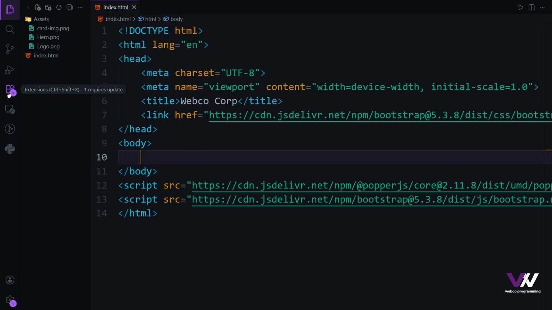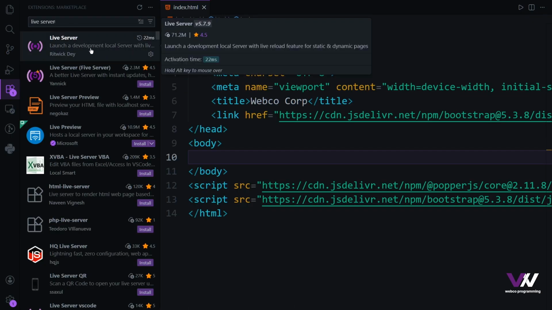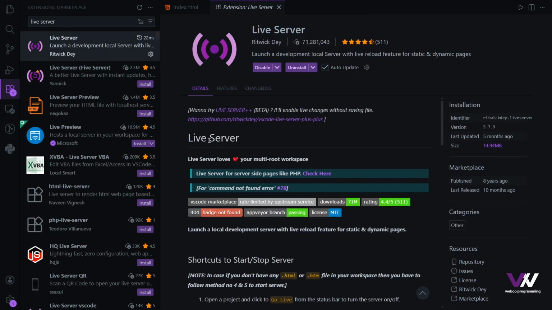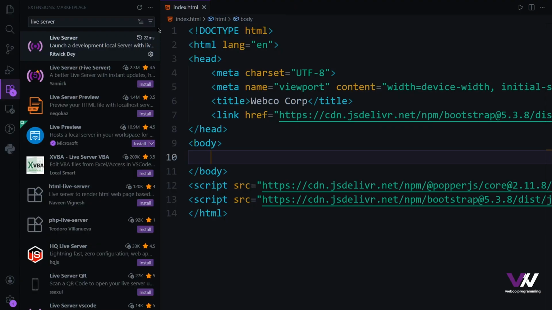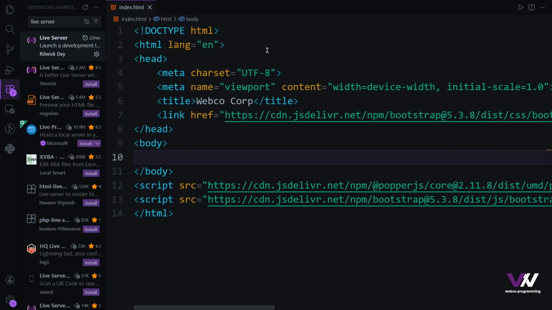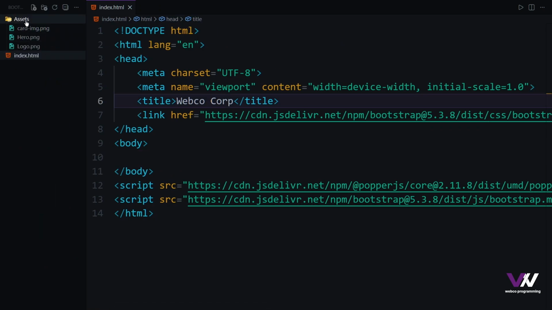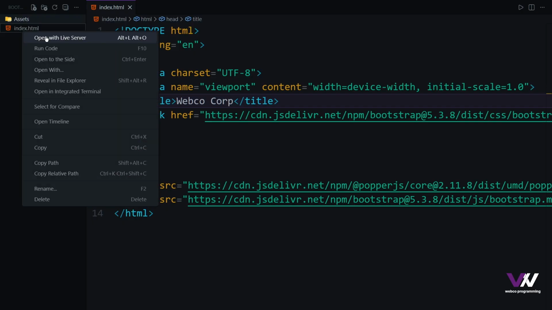So if you come here into extensions, you can search for Live Server, and here it is. You can install this. This is basically going to help us see what we are coding, and we don't need to refresh our web page each time to see what's going on in our files. For using this, we simply right click on this index.html and then